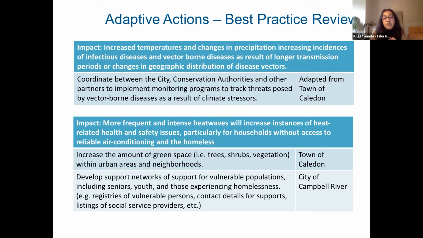And then also maybe making sure that if people are experiencing those impacts, to develop support networks for vulnerable populations. So for seniors, youth, and people experiencing homelessness, whether that's a registry, whether that is a list of contact information, listings of social service providers, all of that, making sure that's updated. Those are some ideas of things we can do.